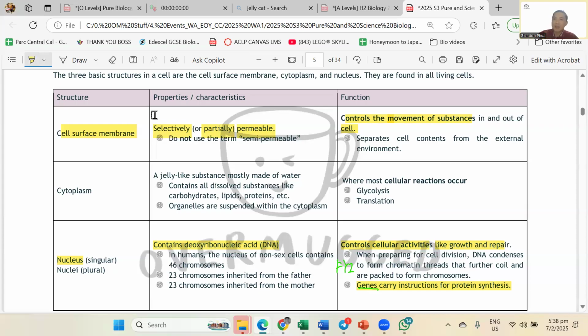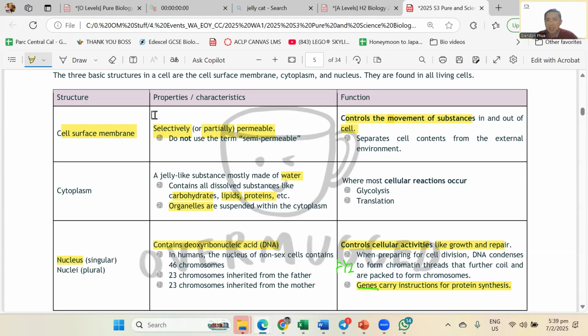Same thing. Cytoplasm is the top part of the cell. What happens to be in the cytoplasm? Anything that is soluble in water that you have learned from Sec 2 digestion. Things we take into the cell that are liquid soluble are found in your cytoplasm. So that's why it's mostly water. You are mostly water. And yes, things like carbohydrates, lipids, and proteins, as well as all your different organelles that you have just learned. Okay.